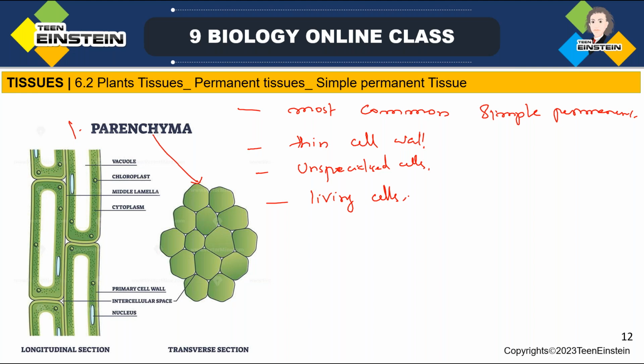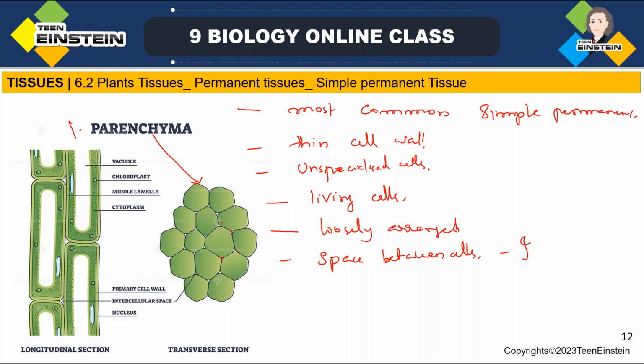Okay, we said these are permanent tissues, right? They have permanently attained structure, size, shape, and all. So these are the living cells. Usually they are loosely arranged. Here you can see a lot of gaps, and they are not arranged in a thick way. They have large space between cells. Here you can see these are the spaces around. So you can see loosely arranged, and they have large space between cells,